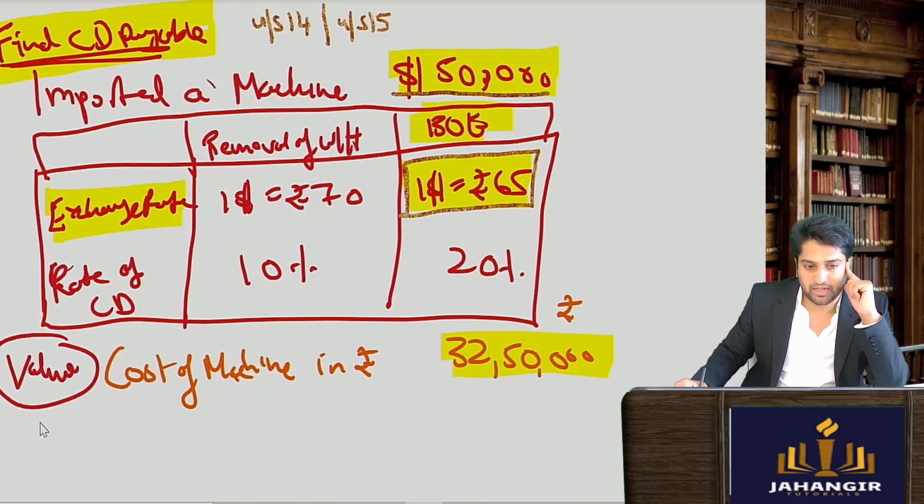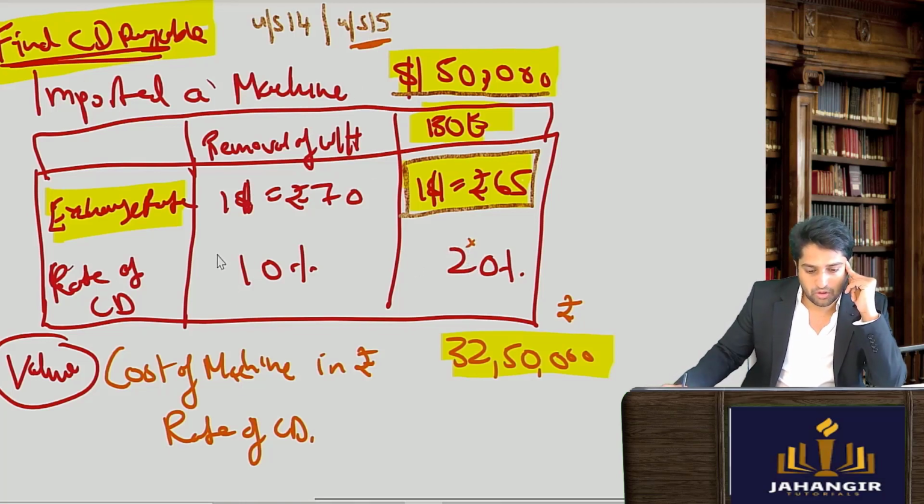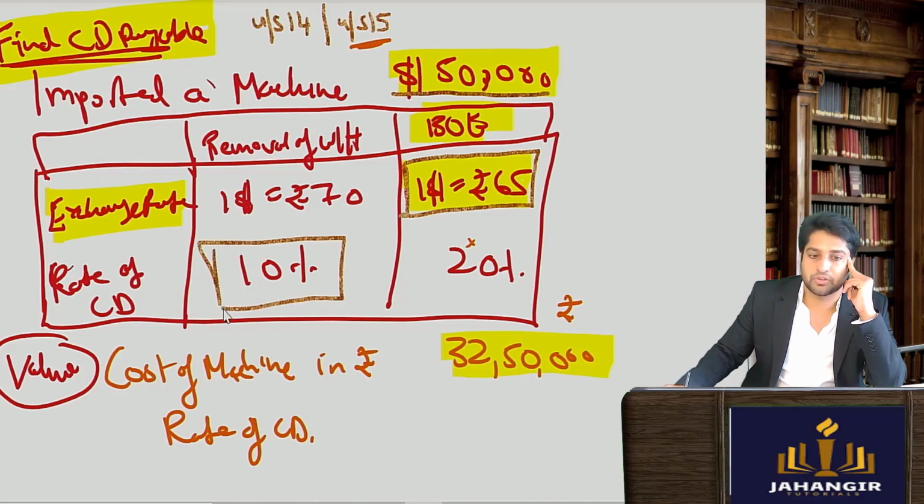as per section 14. Now I want the rate of custom duty. Which rate will I take? Rate of custom duty. ये rate किस में दिया रहता है? Rate is in the case of section number 15. So the rate prevalent at the time of removal from warehouse. Will I take this at the time of filing the bill of entry? No, I'll take the time of removal from warehouse. So that time it was 10%.